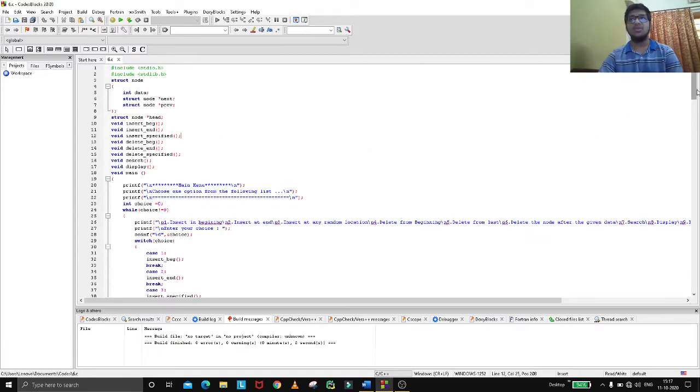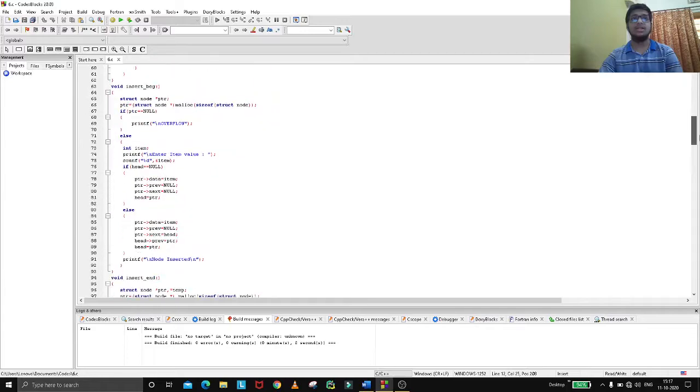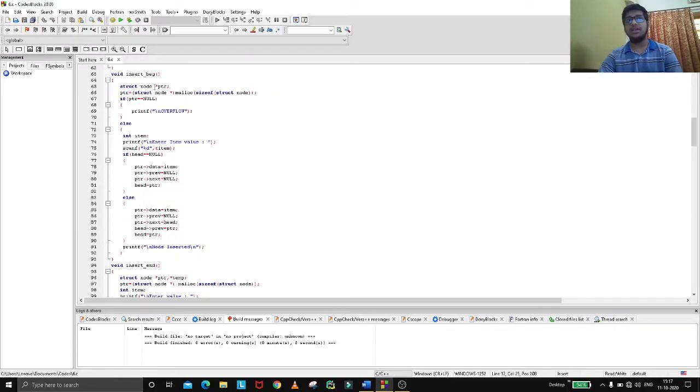So let's move on to insert at beginning. We have created a ptr structure. Here ptr is assigned as struct node star malloc sizeof structure node. Basically it's just storing the address of that particular node. Now if ptr is equal to null, then we should print a statement that is overflow. Else, just take the value from the user, and if our head value is equal to null, then